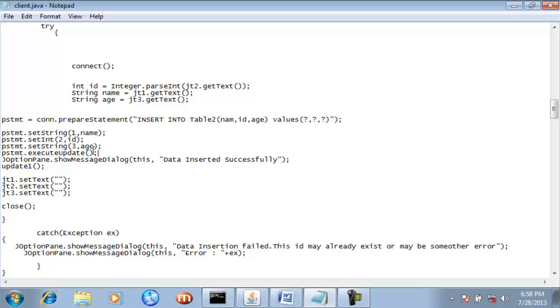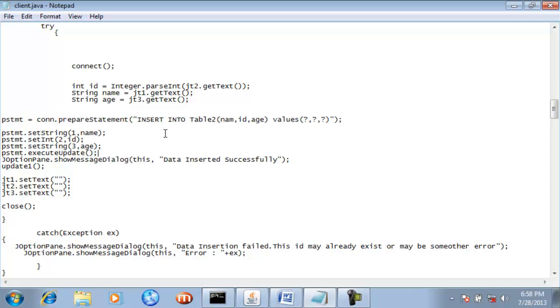But if the same SQL query is sent by the Statement object, then after reaching the MS Access database this query is compiled first, and then it gets executed inside the MS Access database. So if you want fast execution of your SQL query, then you will use the object of PreparedStatement.